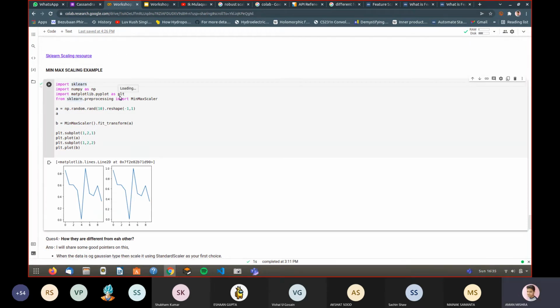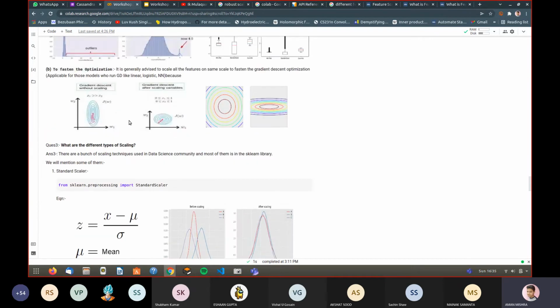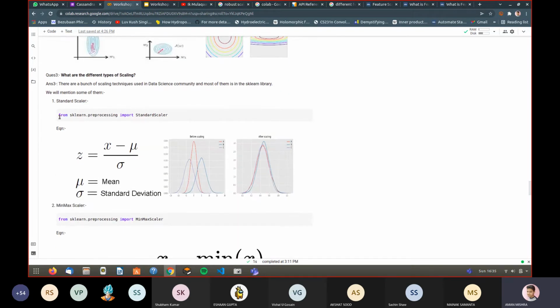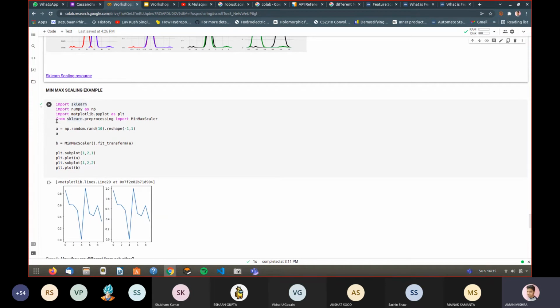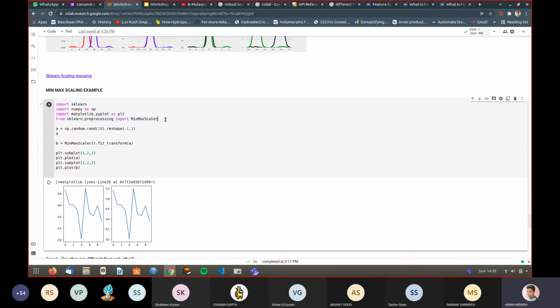Okay, so first you need to import the sklearn library, numpy, and matplotlib. As I already described, this is the command to import the standard scaler: from sklearn.preprocessing import StandardScaler. Similarly, from sklearn.preprocessing import MinMaxScaler.